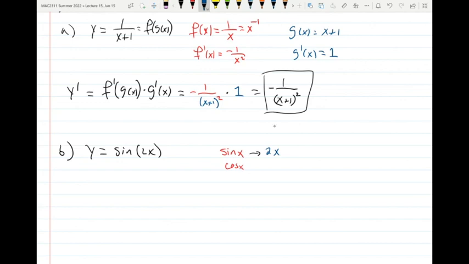And what's the derivative of 2x? 2. Okay? So we're going to do something with those things and write it here. So now, if we want to find the derivative of this,